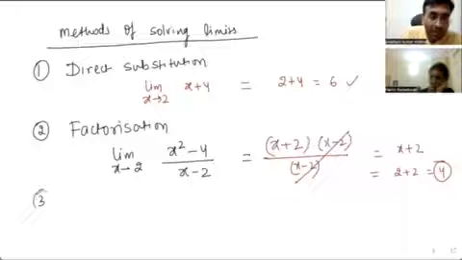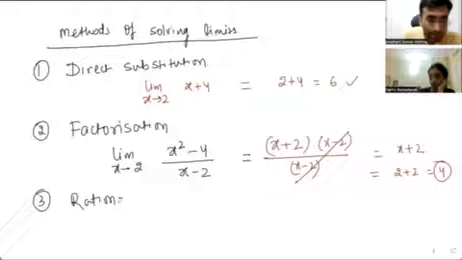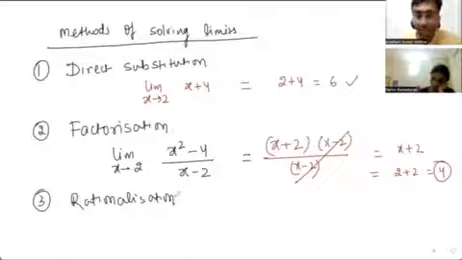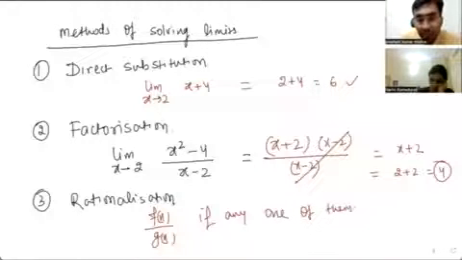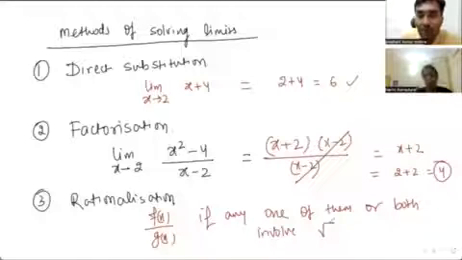Next thing is you have done rationalization. Have you done? Remember that? Yeah. So what does rationalization say? What is the condition of rationalization? We have the terms f(x) and g(x). If any one of them or both of them involve a root,